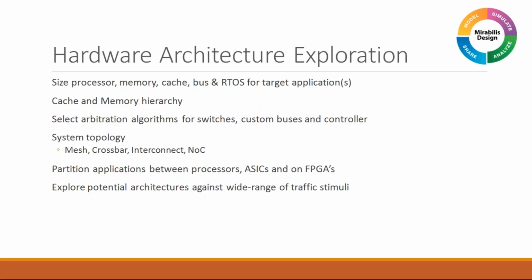So when we talk about hardware architecture exploration, we actually enable a particular user to size a processor, at what clock speed he has to run the processor, and how many pipeline stages that he has to have, and